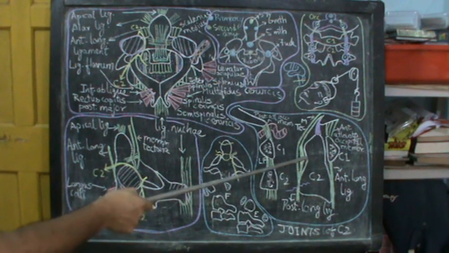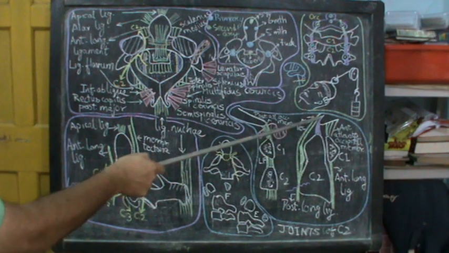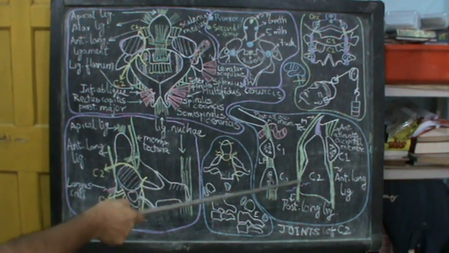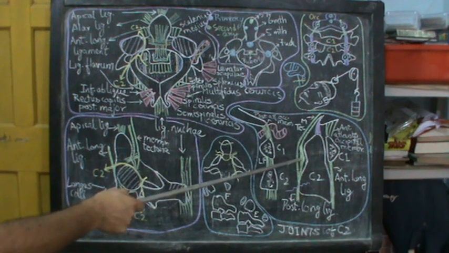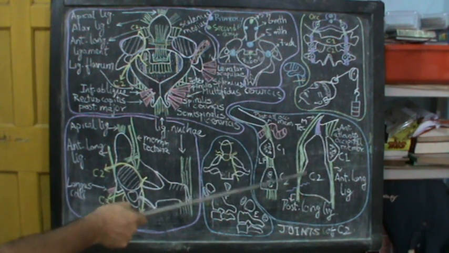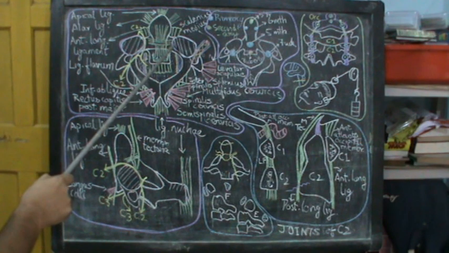Here you can see the transverse ligament of the atlas, and you can make out the superior band over here, the inferior band over here going to the body. So the superior band, transverse ligament and the inferior band make up this cruciate arrangement.